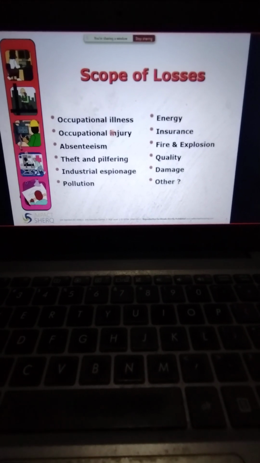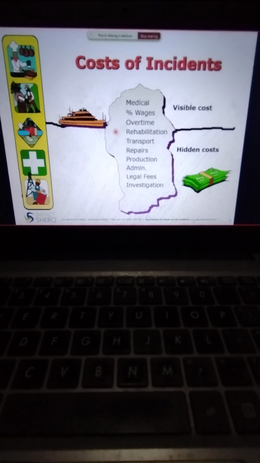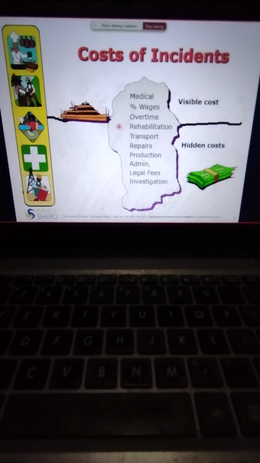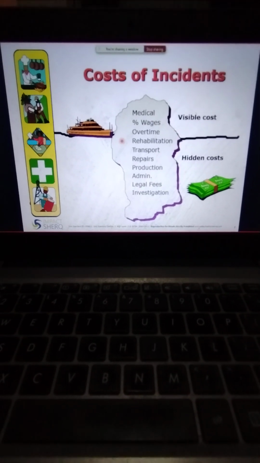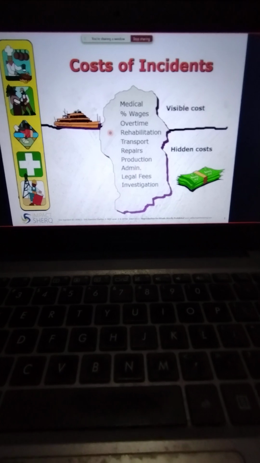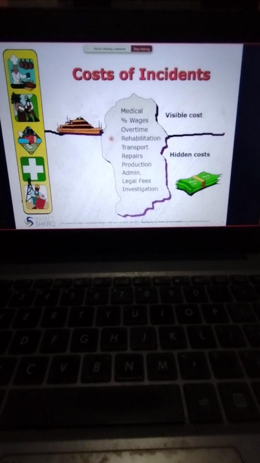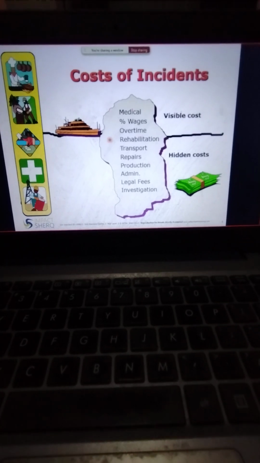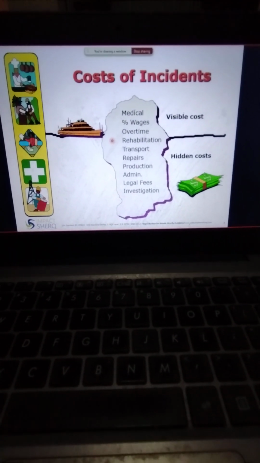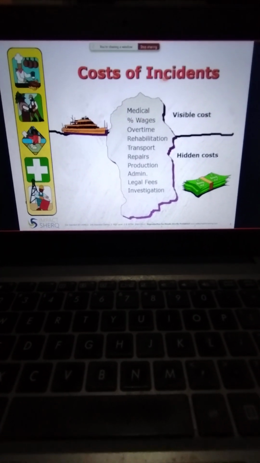So it's important that we implement health and safety and have an understanding, because there is a very, very huge cost associated with the lack of health and safety in a company. Now, when health and safety is not implemented, people get injured. And in this course, we'll teach you how to ensure that you reduce injuries at the workplace, how you can facilitate it. But at this point in time, can I introduce you to what we call the cost of an